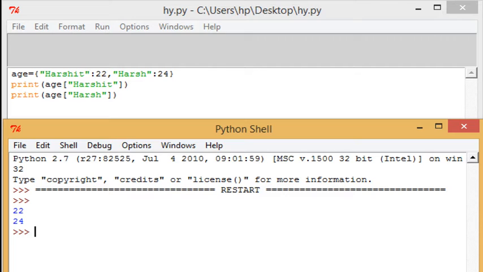These are the values stored against the keys that we have defined. When I print the age of the first person, the age is displayed, that is 22. Then when I display the age of the second person, 24 is displayed. So basically a dictionary works upon immutable objects, those that cannot be changed. We are just defining some things and working upon them.